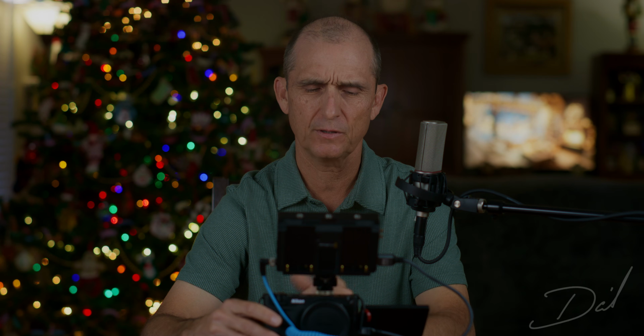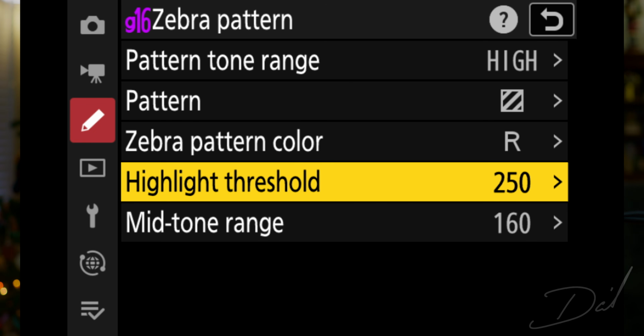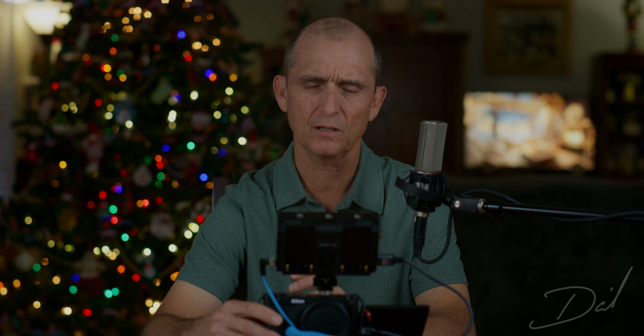For NRAW, I determined that the black point was 30. The highlight or clipping point was 250. And let's go ahead and go into there right now with zebra pattern. You'll notice right there the highlight threshold, and I talk about that in another video. I'm not going to get into it here. The highlight threshold, I have it set at 250. And the mid-tone range, now for me, mid-tone is skin. Now I could go a little lower if I wanted to. I'm guessing mid-tone on this,